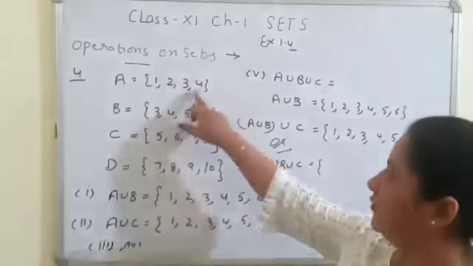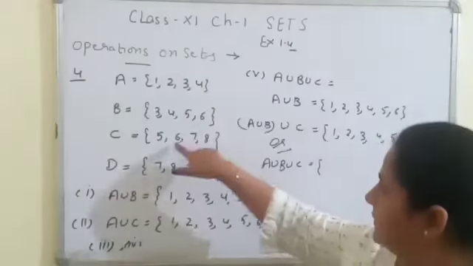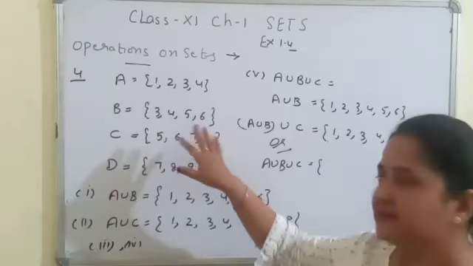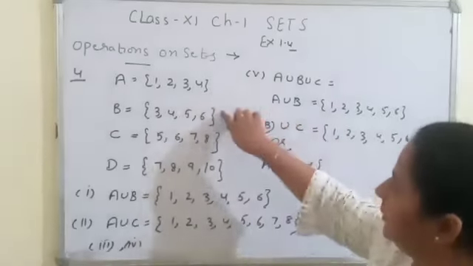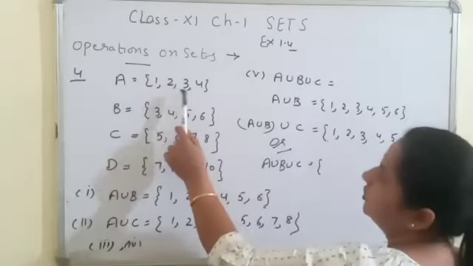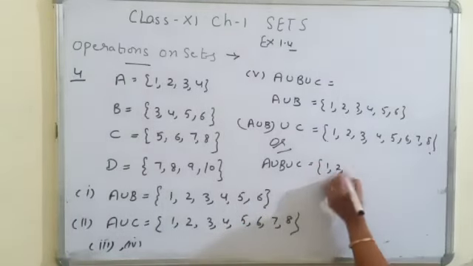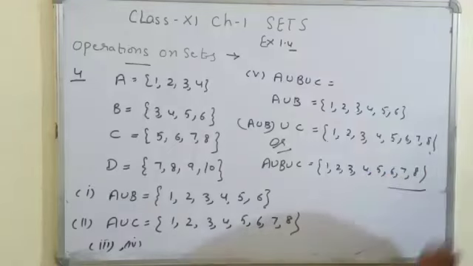1, 2, 3, 4. 3, 4 is repeating here, so we will write it only one time. And when we move to set C, 5, 6. Here you can see 5 and 6 are repeating in these two sets. Similarly, we will write it only one time. So the elements for A union B union C are 1, 2, 3, 4, 5, 6, 7, 8. Now, this is the way in which we can write the union of three sets. Let's do the next question.